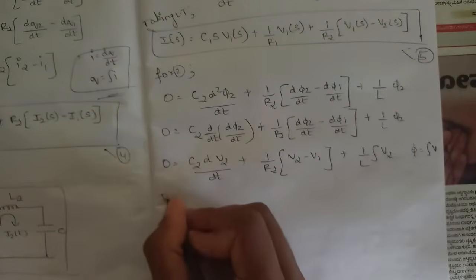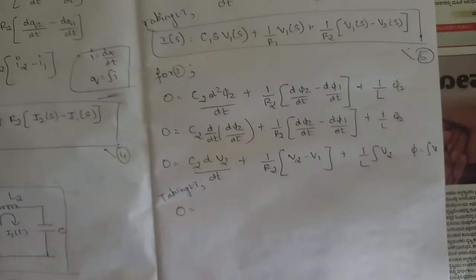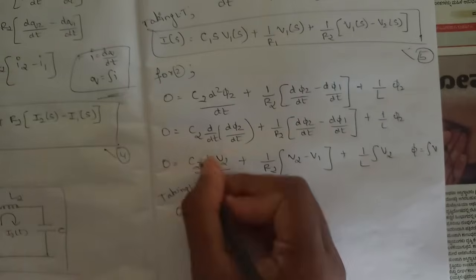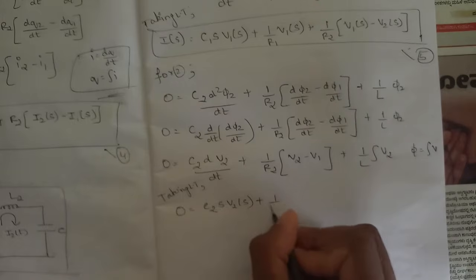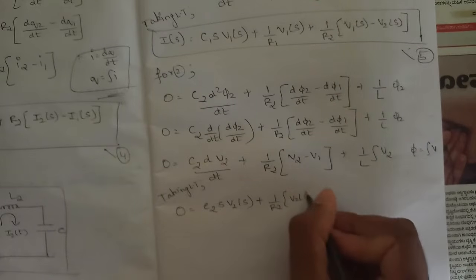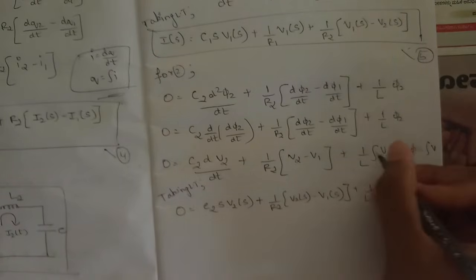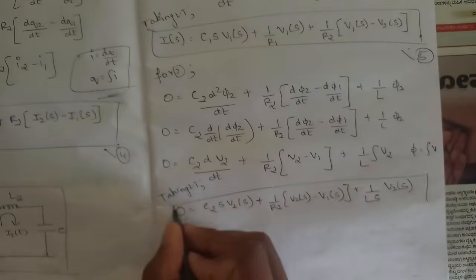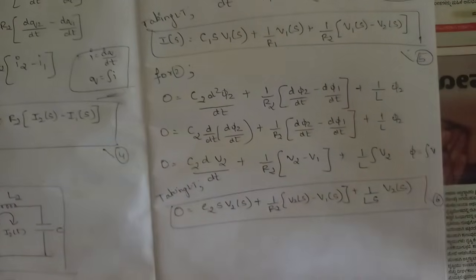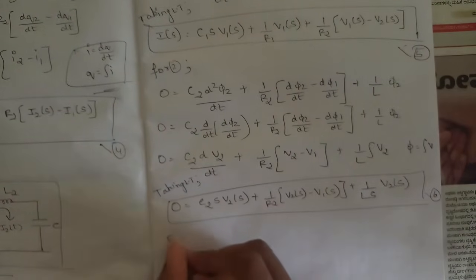Okay, so now again we need to apply Laplace transform. Taking Laplace transform, we get 0 is equal to C2 into d by dt is replaced by s, and v2 is replaced by V2 of s, plus 1 by R2 into V2 of s minus V1 of s, plus 1 by L, and we have another integration, so it's equivalent to 1 by s into V2 of s. So this is one more equation, name it as equation 6. So now using equation 5 and equation 6 we would be building a circuit, okay, for the FI analogy